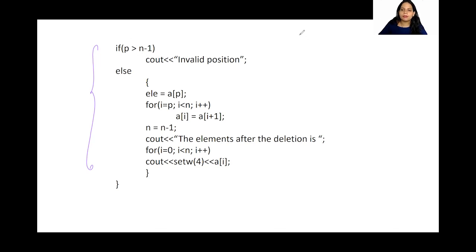So let us take an example. Suppose I have taken n is equal to 4. My n value is 4. Then what did we take? We took the values into the array. So a is my array. Suppose this is 10, 20, 30 and 40. Suppose the position which I have taken is 2. Suppose I want to delete this particular item. So here it is 0, 1, 2, 3, isn't it? So 2 is over here and I want to delete this particular item.